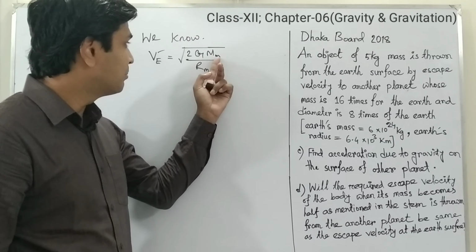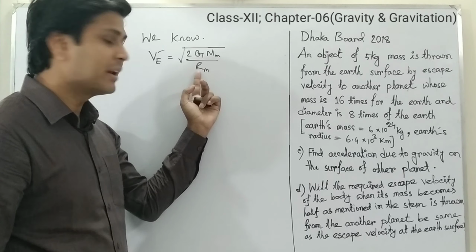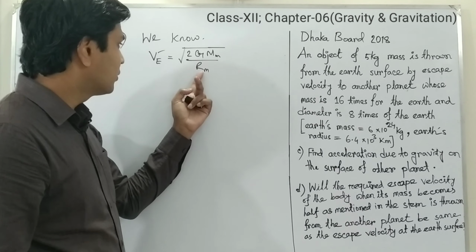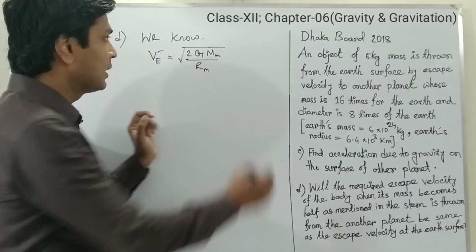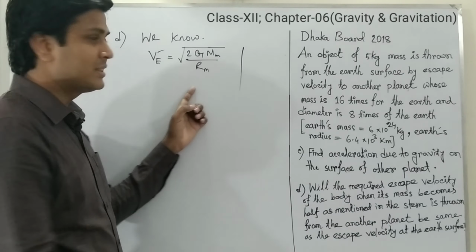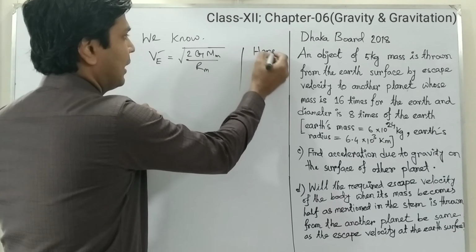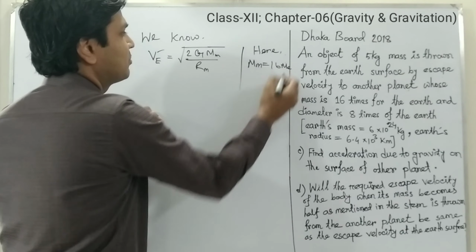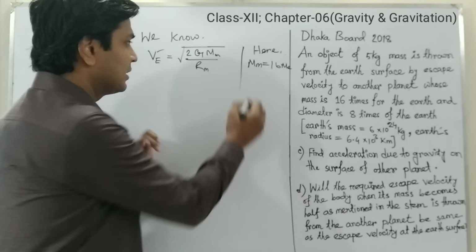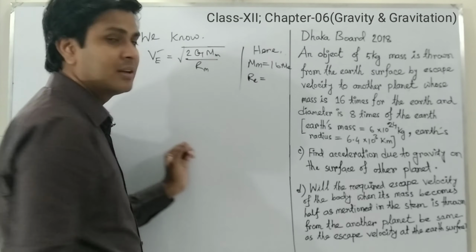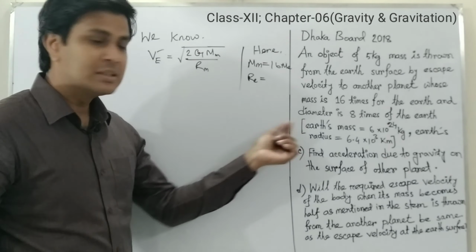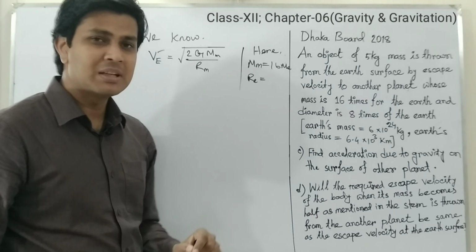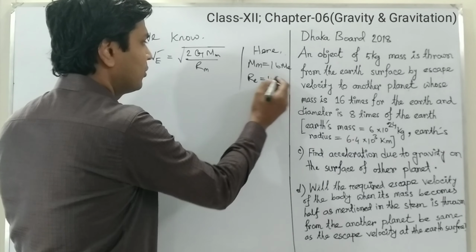We consider the mass of the planet Mm and the radius of that planet from where the body is thrown, Rm. And there is a condition: the mass of the planet is 16 times the mass of the Earth, and the radius of the planet is 4 times the radius of the Earth. That means 4